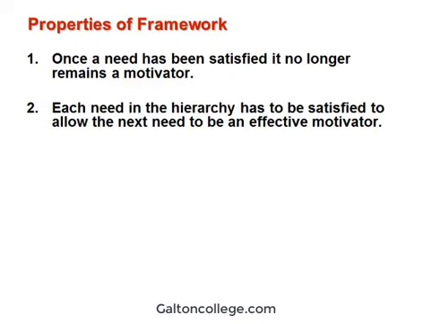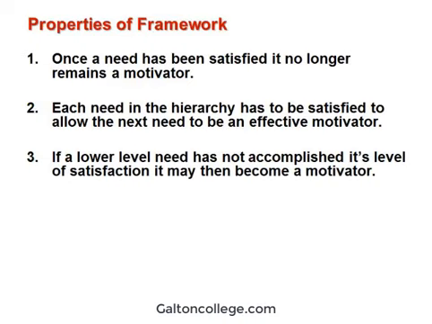Each need in the hierarchy has to be satisfied to allow the next need to be an effective motivator. So once a need is satisfied, then the next one comes into play. That becomes the next motivator. So the individual moves up to the next need. If a lower level need has not accomplished its level of satisfaction, it may then become a motivator. So, in a sense, if the person is unhappy with his or her remuneration, let's say,